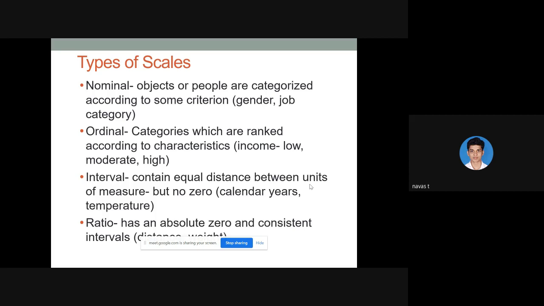So, for example, income: low, moderate, high. Income can be low or moderate or high. It is in an order. Therefore, it is called ordinal data. And interval data. Interval data contain equal distance between units of measure. For example,